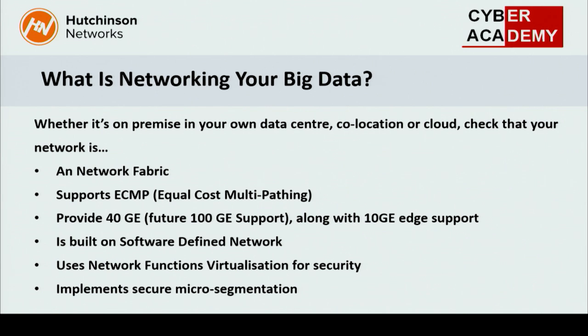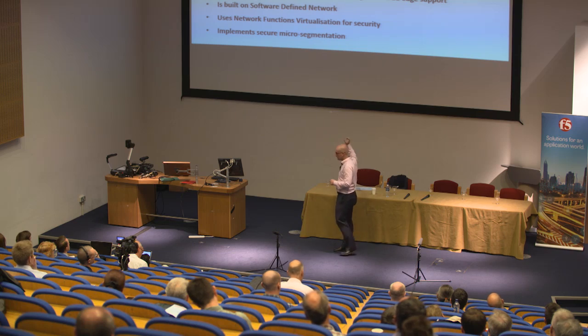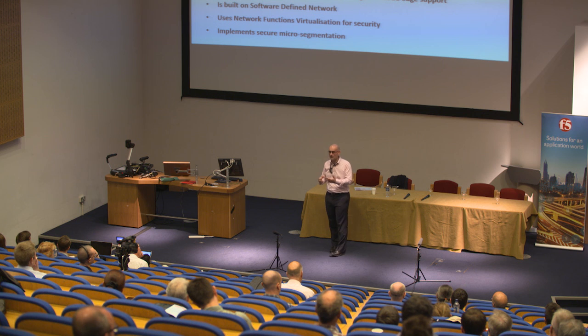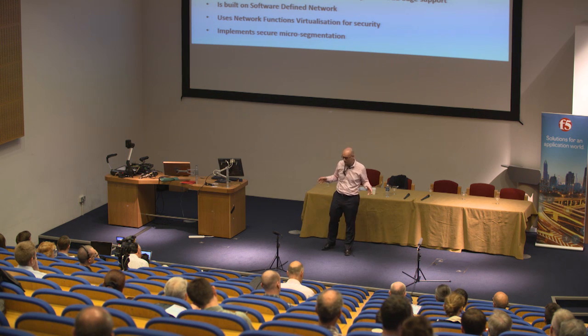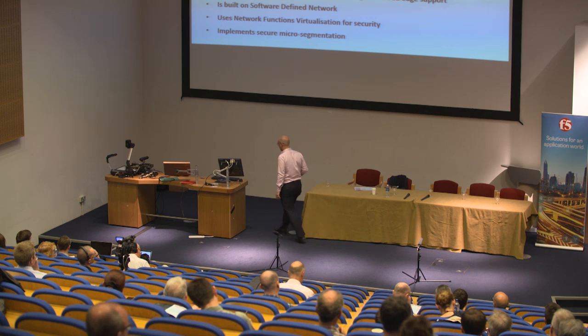In terms of how you're going to control policy, it should be software defined, and how you're going to bring in appliances to do load balancing, firewall, web application firewalling, etc. You should be looking at NFV, which is network functions virtualization. It's essentially a network appliance, your IDS, your router, your firewall running on a VM, and placed logically into the network using VLANs and VXLAN. And look for things like secure microsegmentation. The secure microsegmentation is, I mentioned earlier about the default block and allowing us to build up all these DMZs.